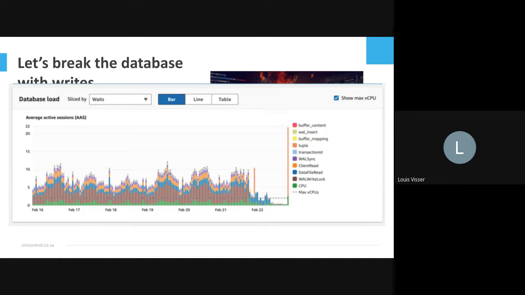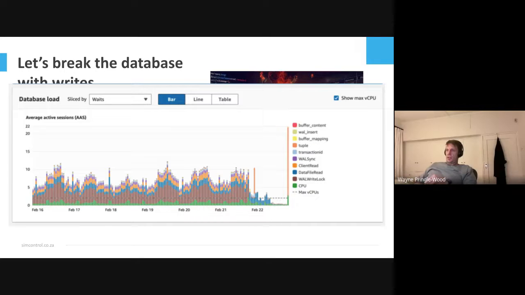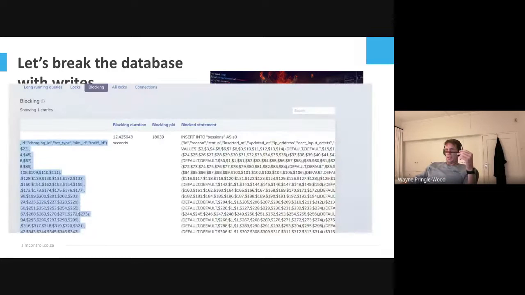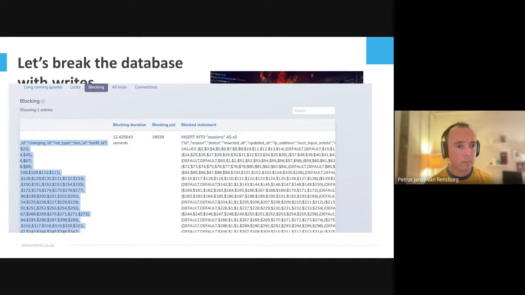Okay, so this is February the 22nd, and you can see the average active session count inside the database. Once you start batching, you can see what happens, right? It dramatically improves your performance. But this is the blocking duration when we had the session inserted at time here. It was taking us 12 seconds to write each individual bulk upsert. That's quite long. Yeah, that's a long problem.